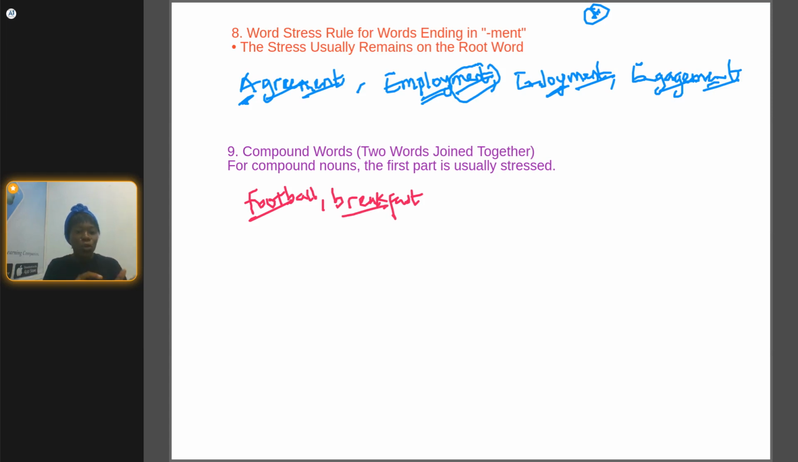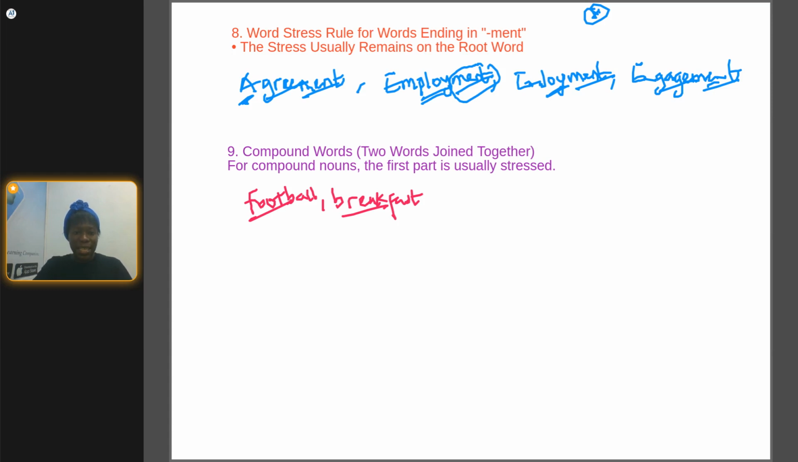So do you get it? So compound words, two words, okay? Compound words that are noun. The first part usually has the stress. So that's for compound words. Okay, then we look at the tense rule, and then we're looking at stress in words ending in EER